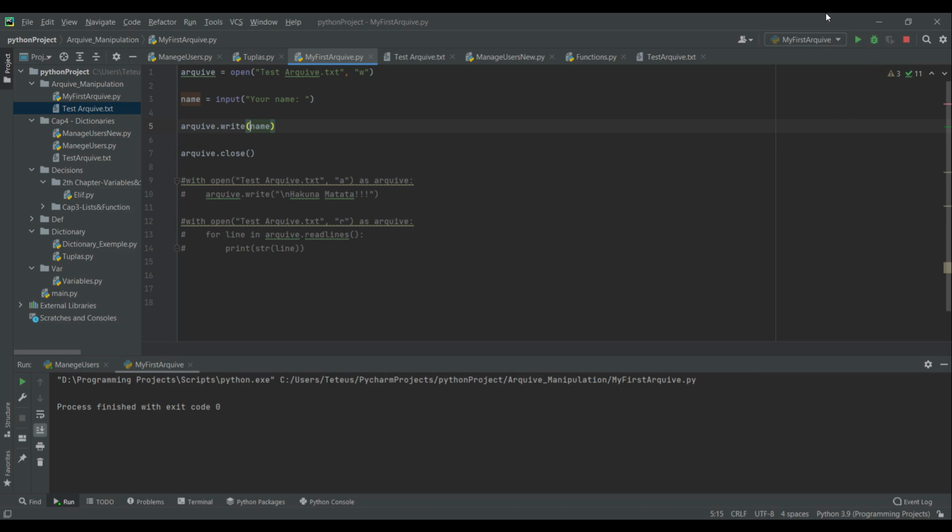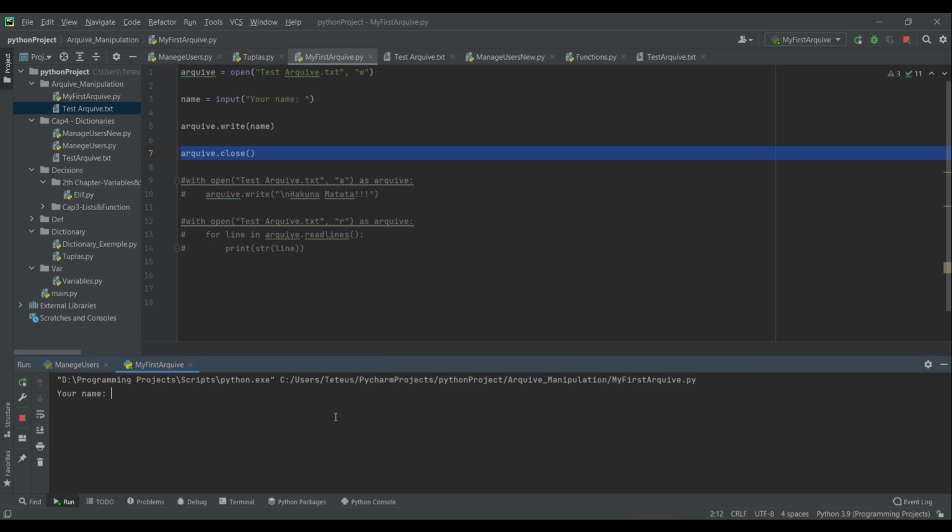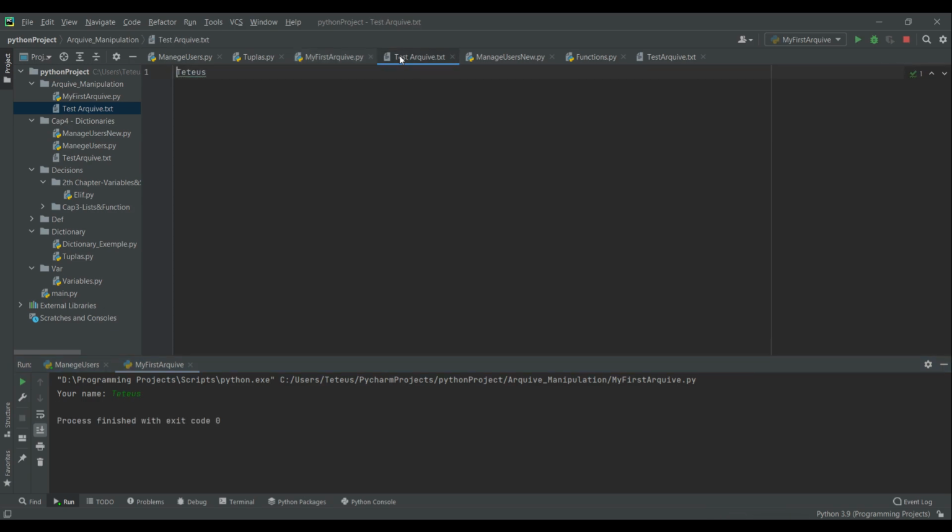And now when I run this, the last code here is still open because I was editing it, so I need to close it so it can be accessed. So here, close, and when I run it, it will ask, for example, here I just ran it. Your name, I will put Deus, and boom, it ends.